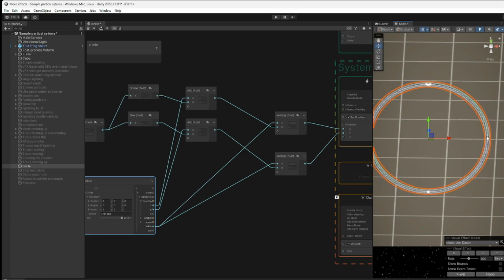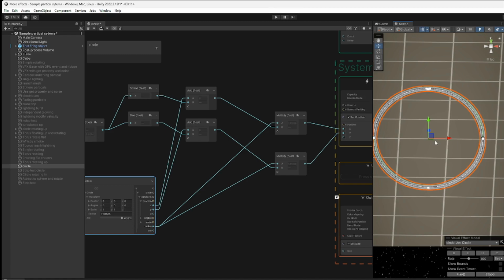And again, it's multiplying that position from the sine and cosine by the radius in order to make it follow the exact radius of the circle. So that's kind of step one. So step two is to apply some of our other techniques for standing up and rotating our particles